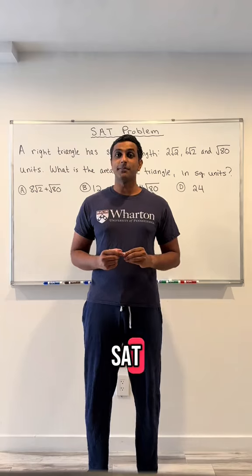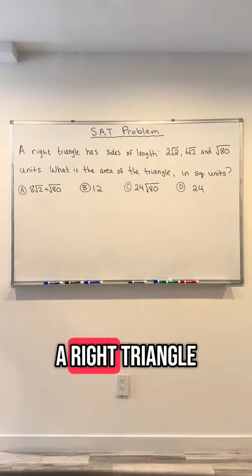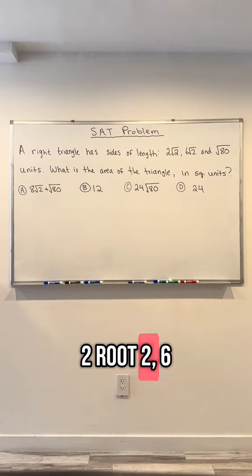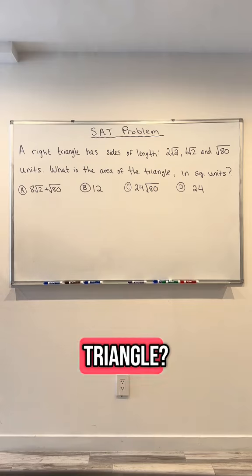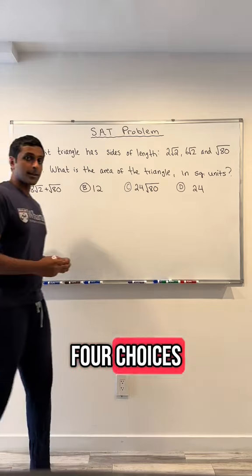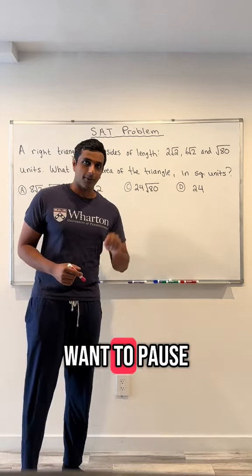Let's try an SAT math problem. A right triangle has sides of length 2 root 2, 6 root 2, and root 80 units. What is the area of the triangle in square units? And here are 4 answer choices. Now, I'm about to solve this problem, so you might want to pause the video and try to solve it